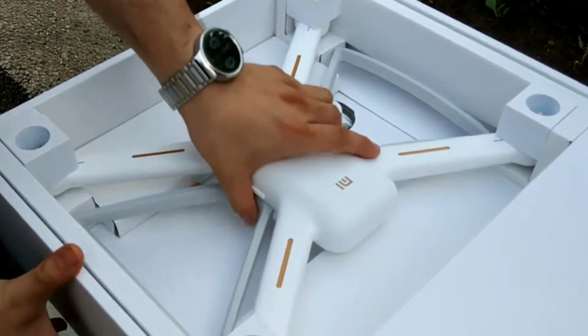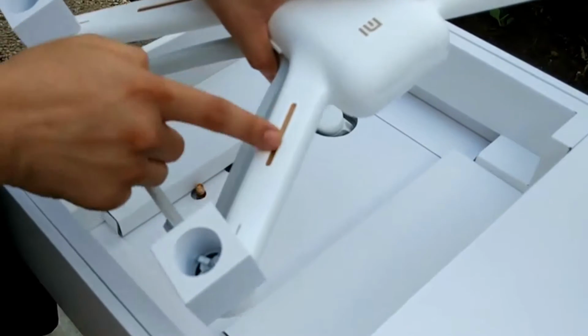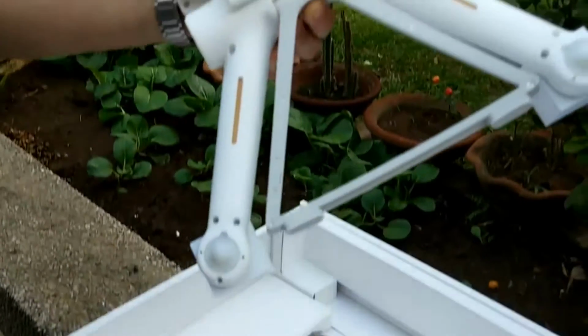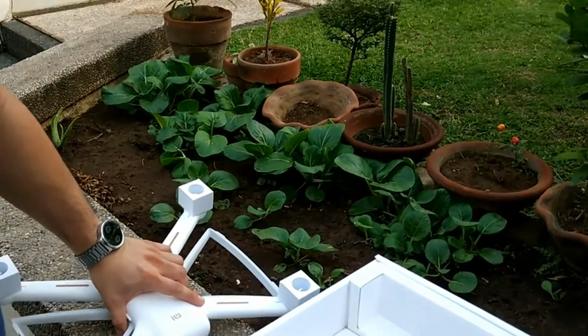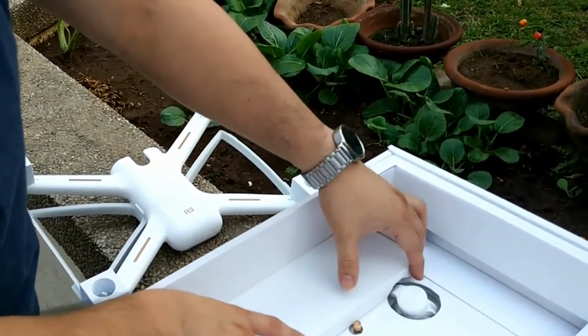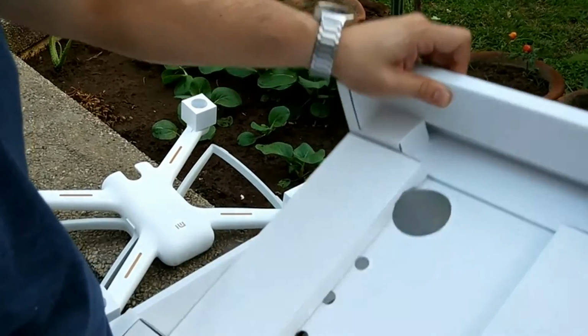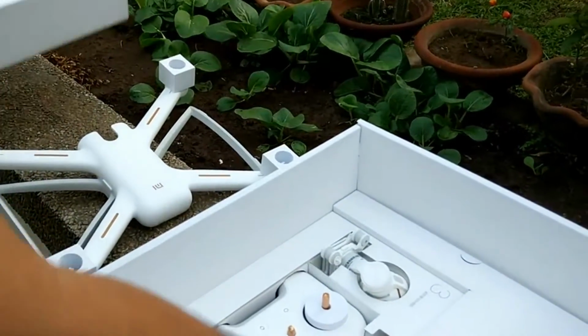Okay, so taking a look inside, it's pretty similar to that of the 1080p version, only it's not orange, it's the color gold. Okay, so let's